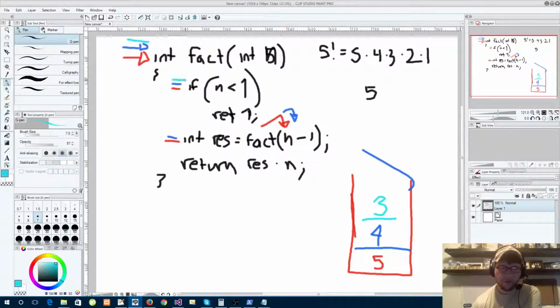We go here. 3 less than 1? No. We go here. We go back in here. Now we have 2. See, we're going back. We're stacking. As we go in further,